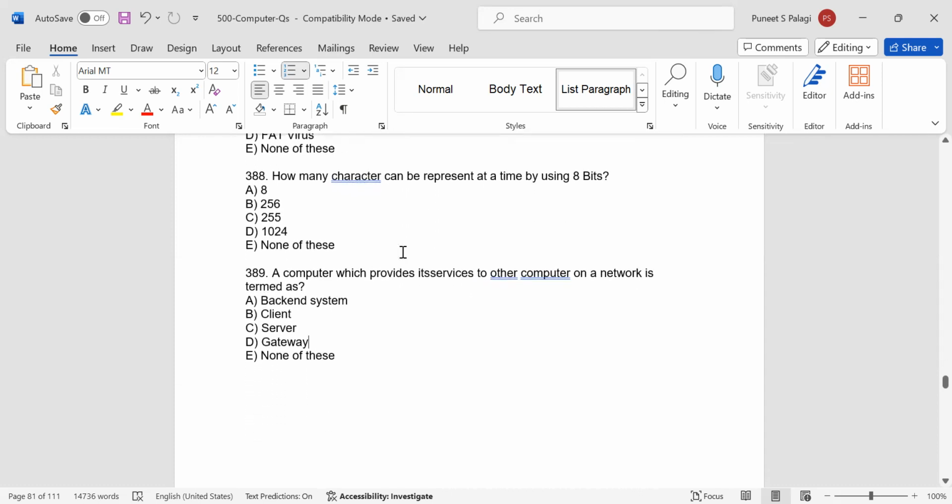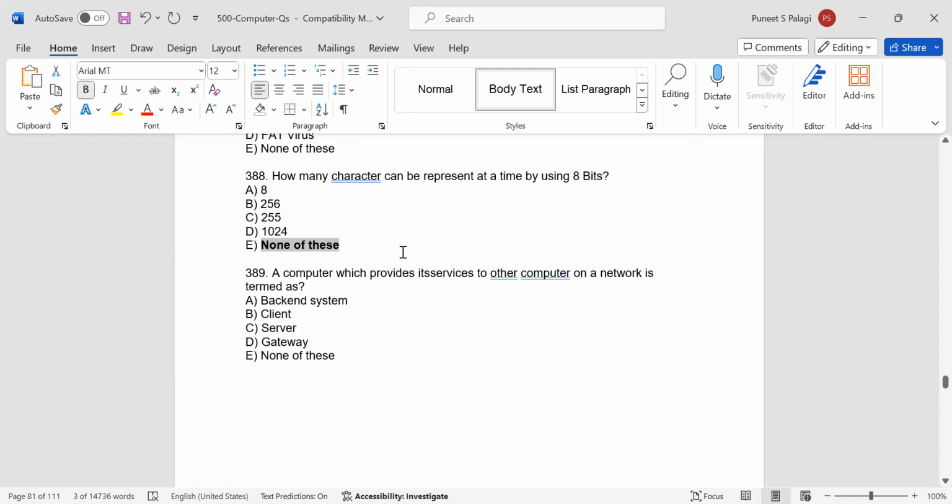How many characters can be represented at a time by using 8 bits? How many characters can be represented at a time by using 8 bits? 8 bits means 1 byte. It is none of these. Because the smallest unit in the options you can see is 8